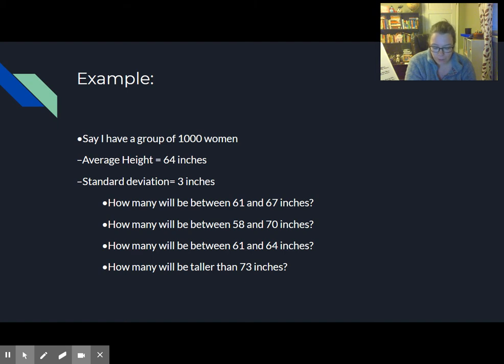So 99.5%, that means that's 0.995, which means that there is 0.0025 left on each side. So that tells me 0.0025 times 1,000 gives me 2.5 people. So I would expect that somewhere around 2.5,